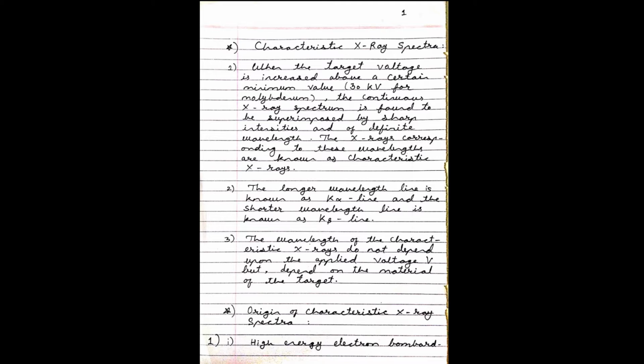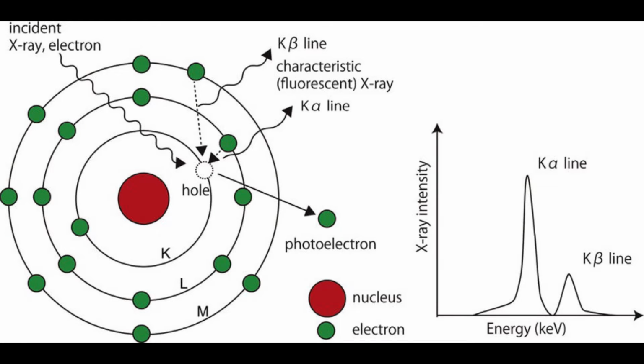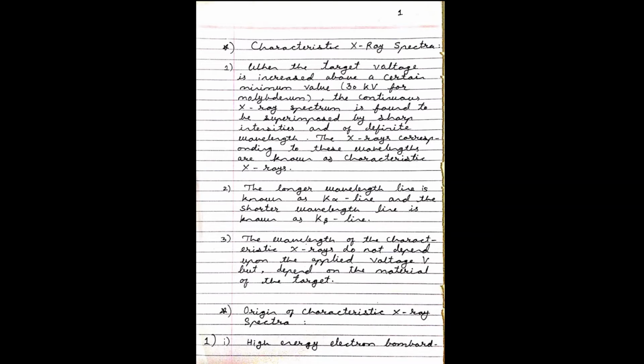When the target voltage is increased above a certain minimum value, it may be 30 kV for molybdenum, the continuous X-ray spectrum is found to be superimposed by sharp peaks of very high intensities and of definite wavelength, as shown in figure. The X-rays corresponding to these wavelengths are known as characteristic X-rays. The longer wavelength line is shown as a K alpha line and the shorter wavelength line is known as K